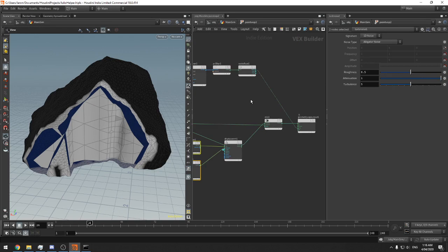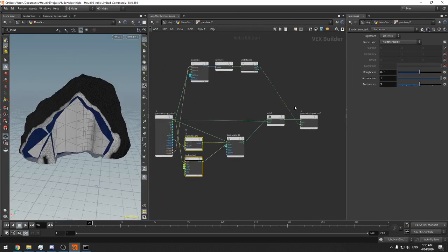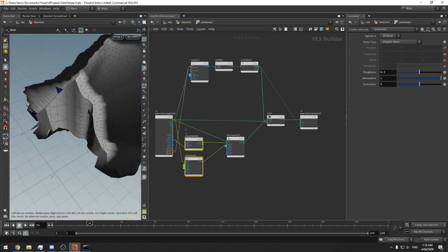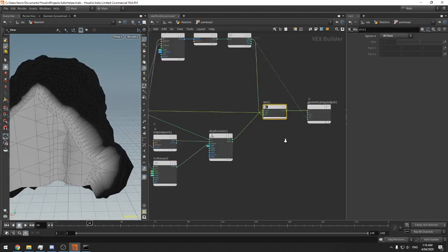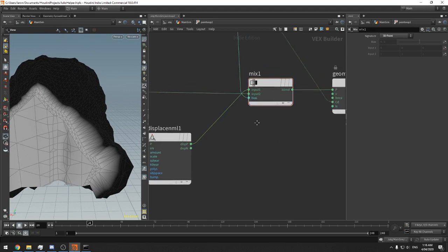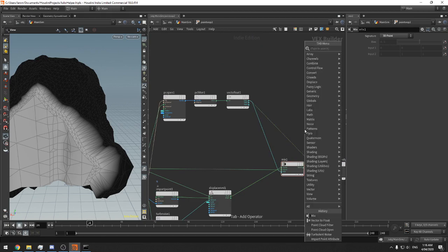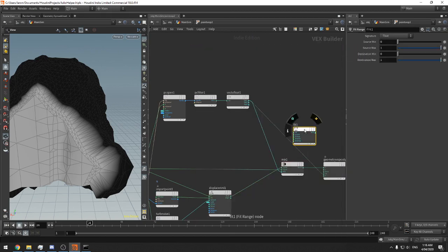It's kind of hard to organize. That's why I like VEX quite a bit, because you can do it in this, it's very ordered, and I'm just going to go like that. As you can see, it's not quite there. I could theoretically switch these around, but I don't want to. I'm just going to invert that value by doing fit range, and so that I can visualize it as well. Put it there, and